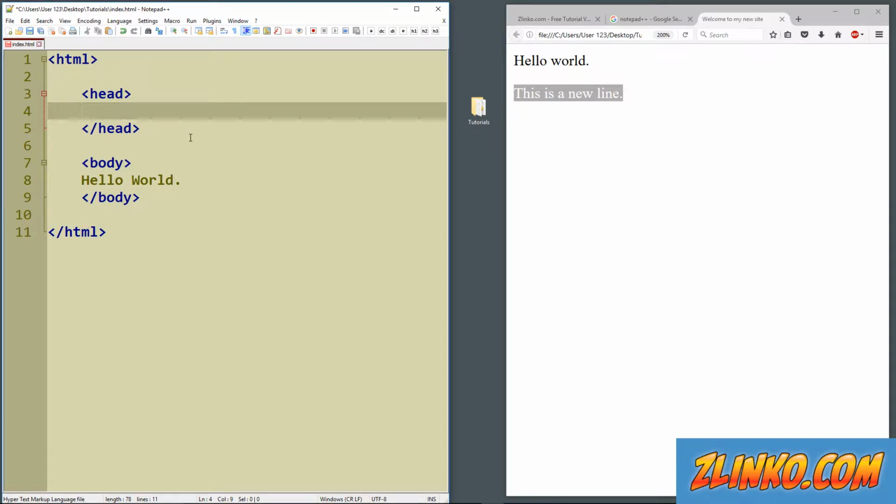One of the things we can put in the head element is a title, and I'm going to do that right now: title, and we'll say my new web page. I actually made a video and I messed up, so my example is not going to be that great, but if I reload the page here, just watch what happens in this tab at the top of the browser. So if I reload this,